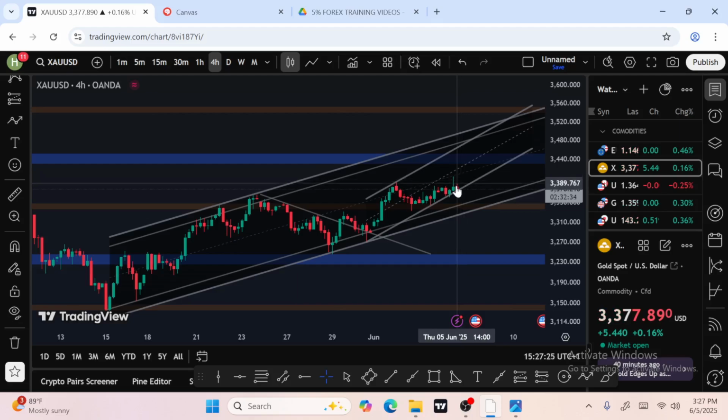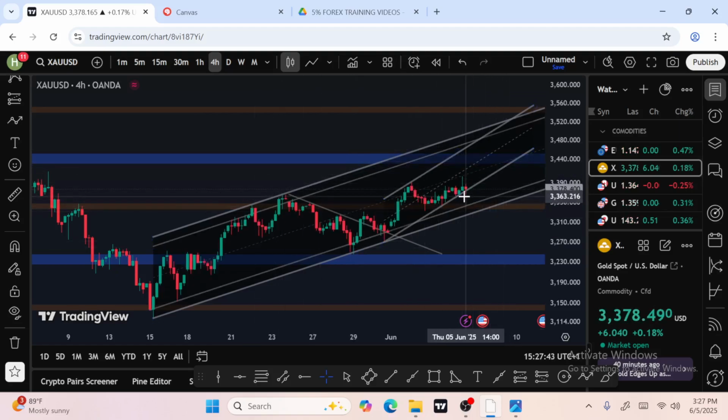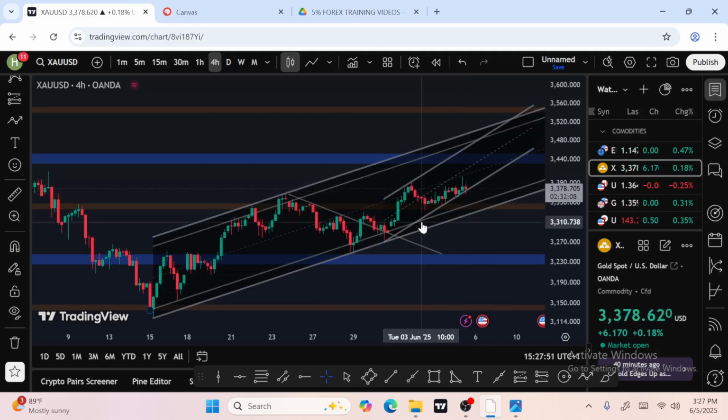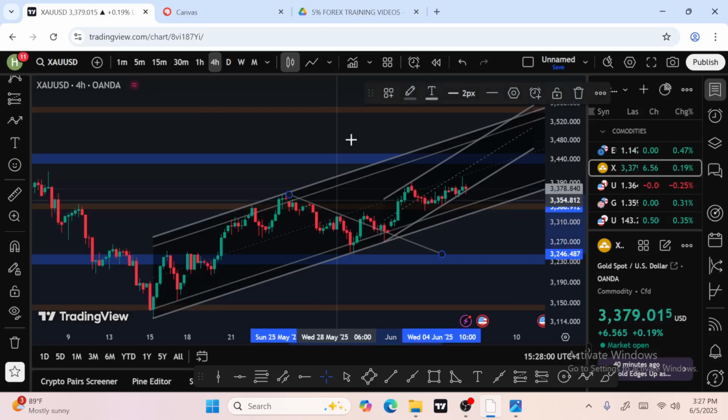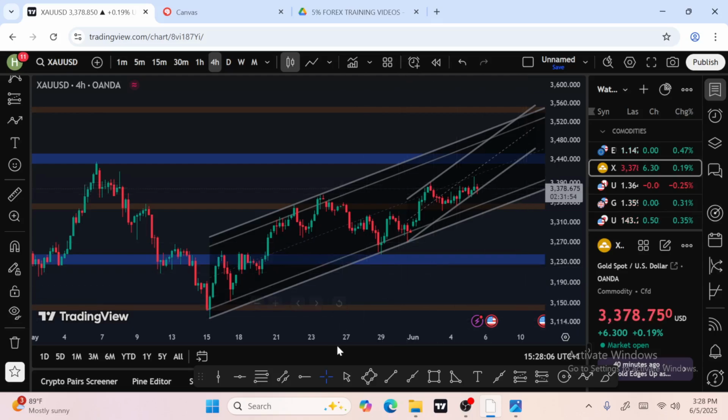Do you see it now? Has market broken below the channel? So it is still respecting as a support. So I'm still expecting this market to go all the way up. The reason why we have a sell is because there is a point of interest at the 50% of this fib level. That is why the sell. A whole lot of people are seeing this point as a point of interest to short this market back to the support of this guy. And now this support has held again and is respecting to go all the way up. So this one is out because I don't want my chart to be busy. Are you following, guys?